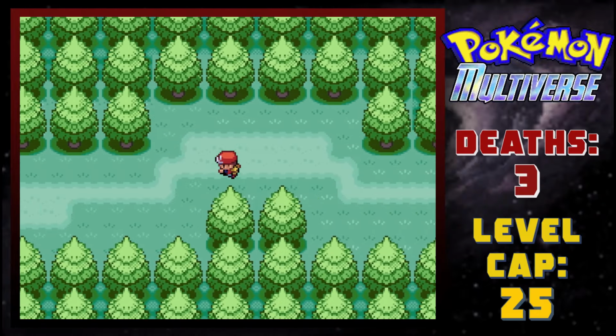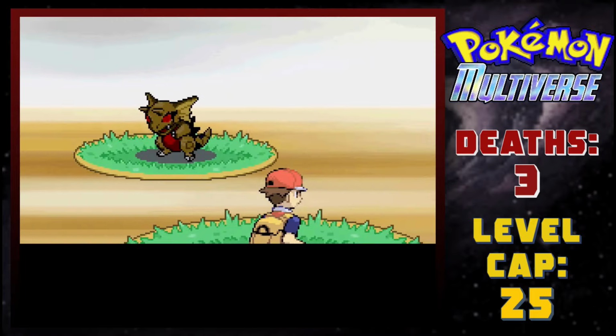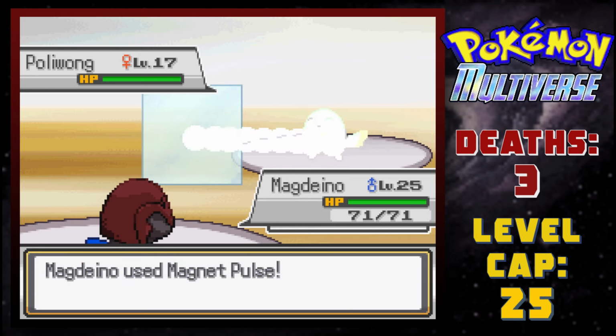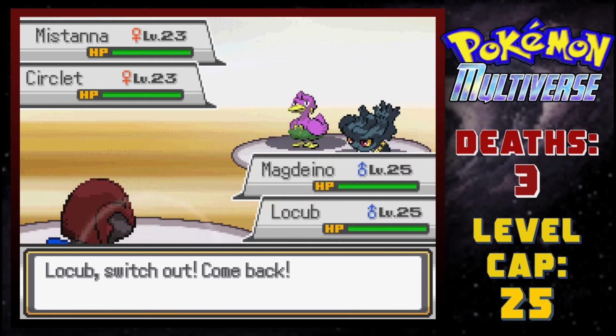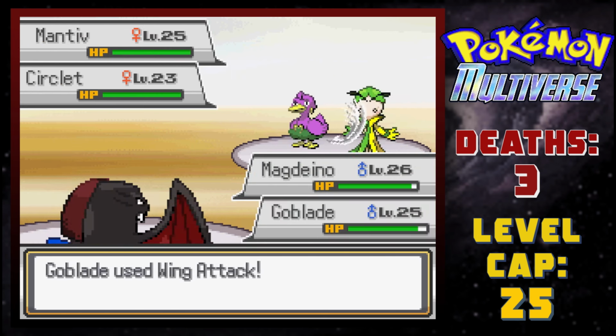We enter Route 105, and it is actually one of the game's coolest maps for me. It also has cool wild encounters such as this Etrigan and Zatanna. Magdano didn't waste a single second asserting his dominance by OHKOing Pokemon left and right, including the area wardens Zatanna and Cersei. I forgot that this was a double team though, so I had to switch out Locub for Goblade,